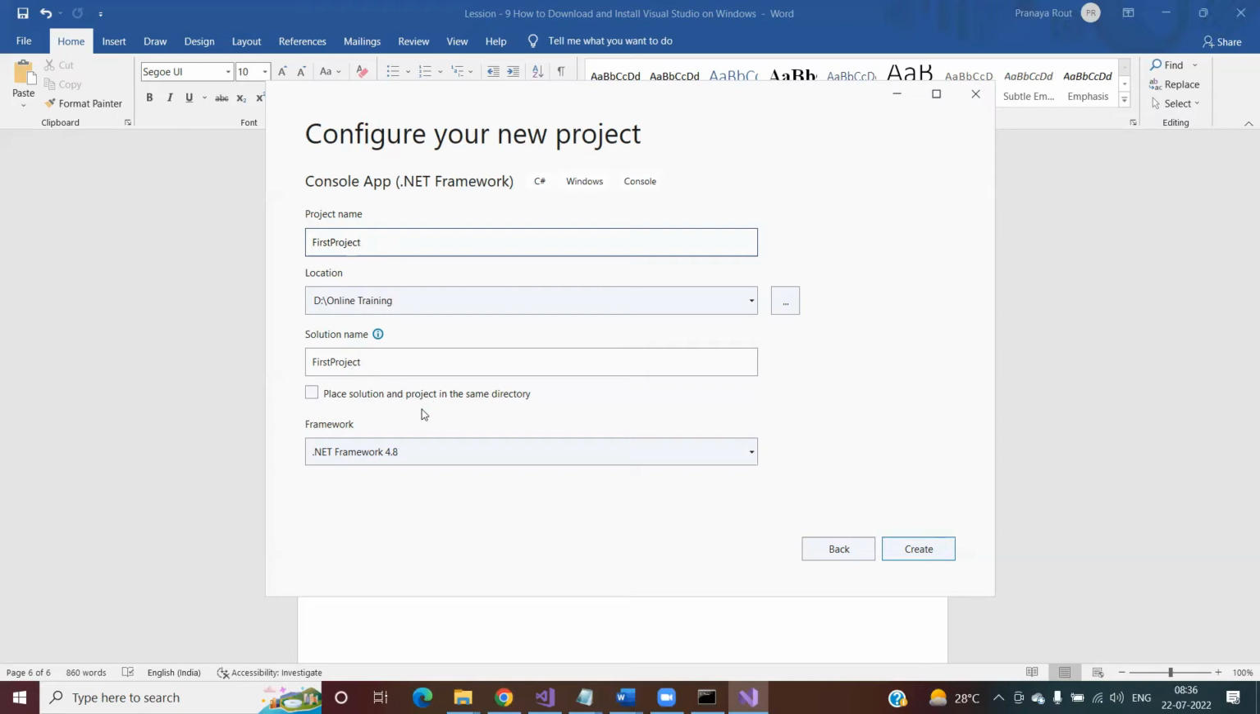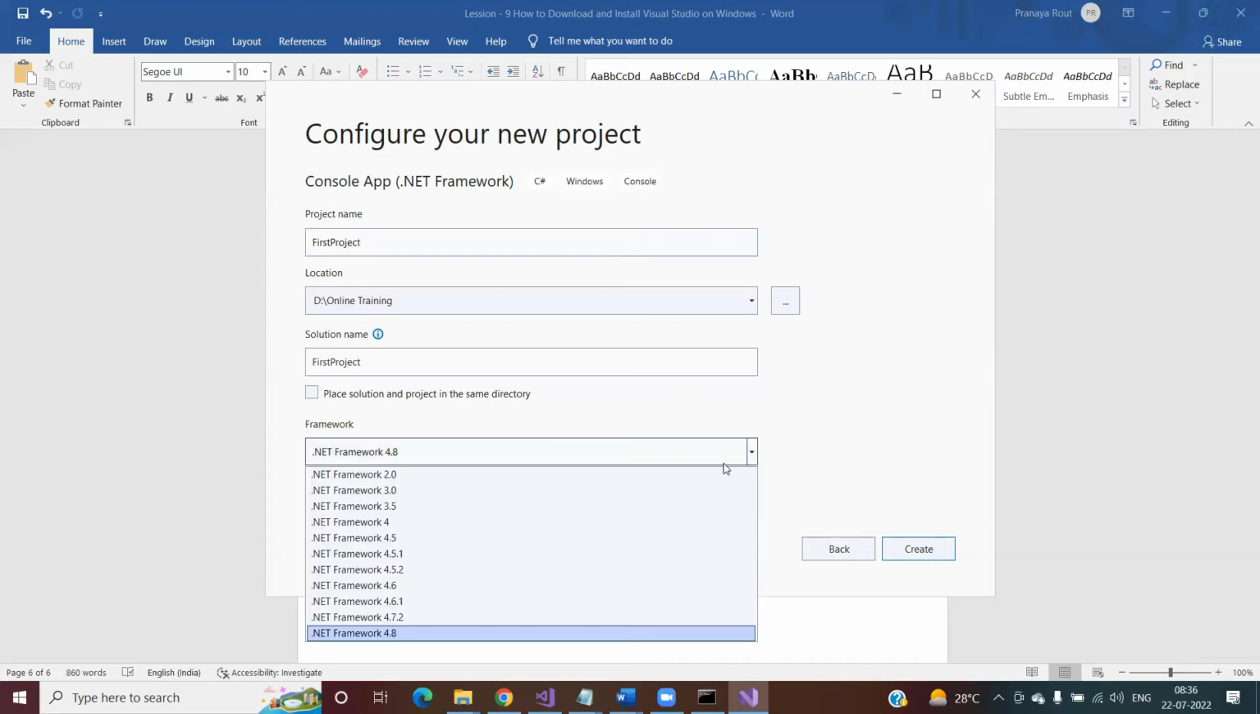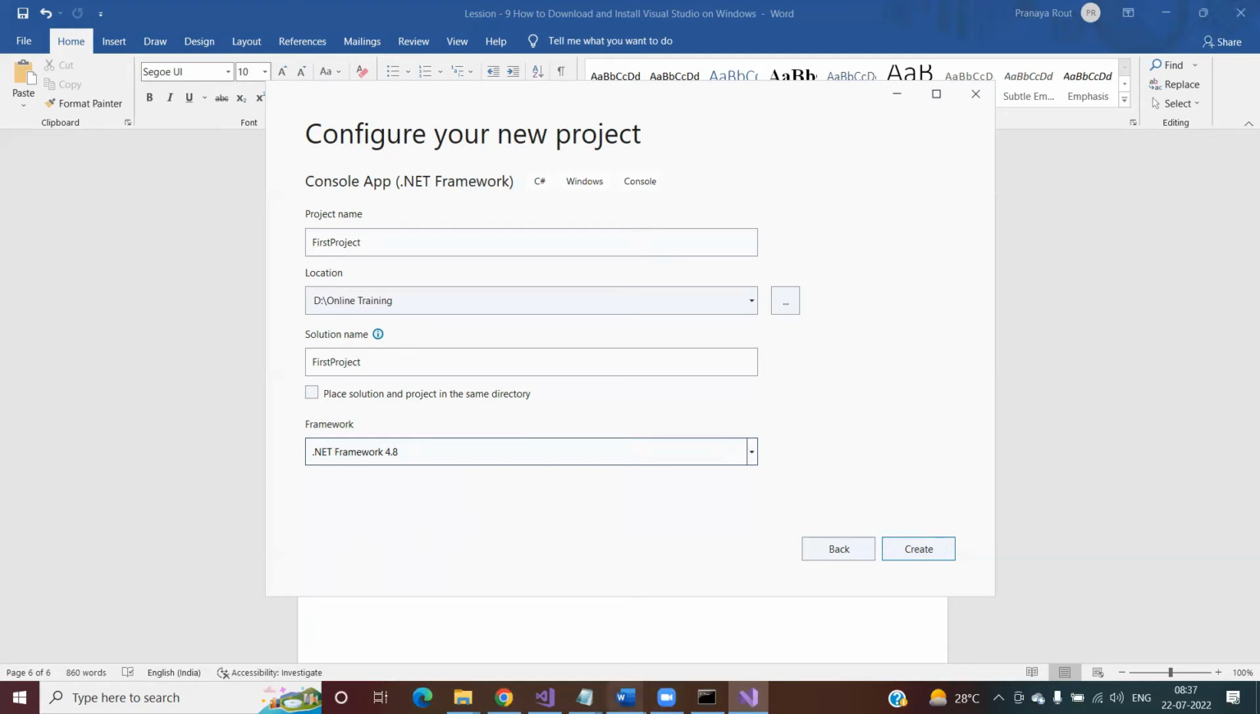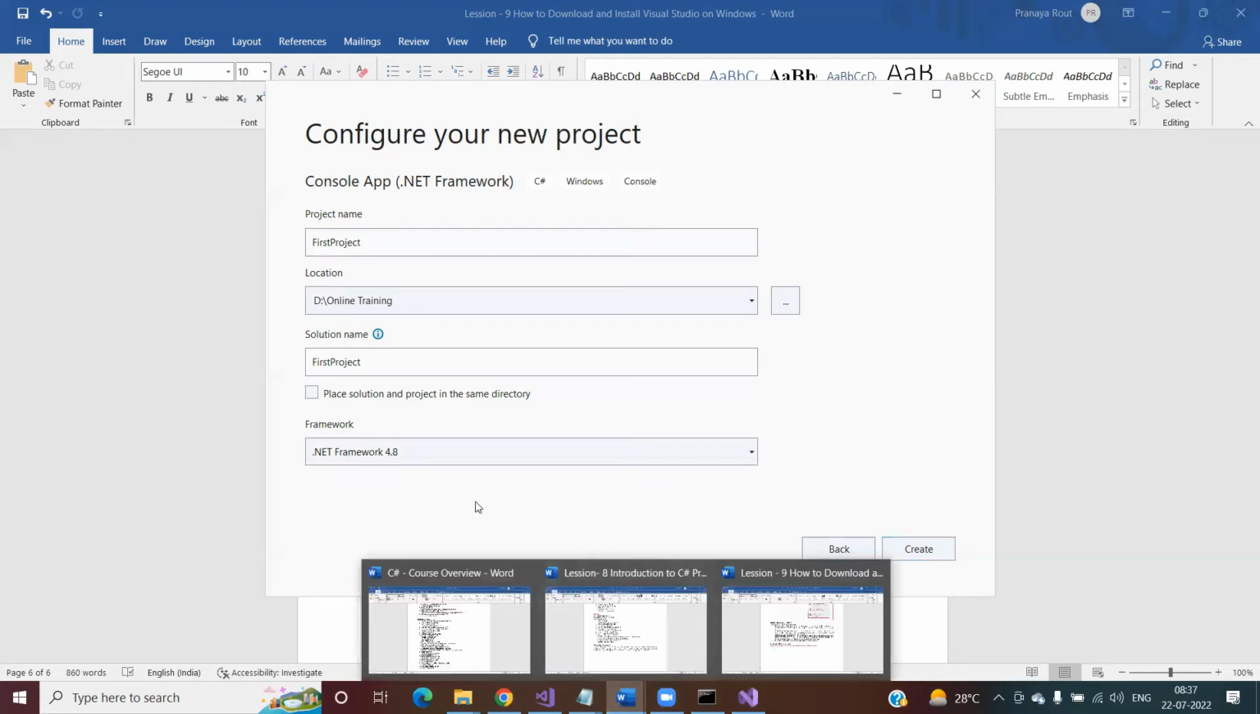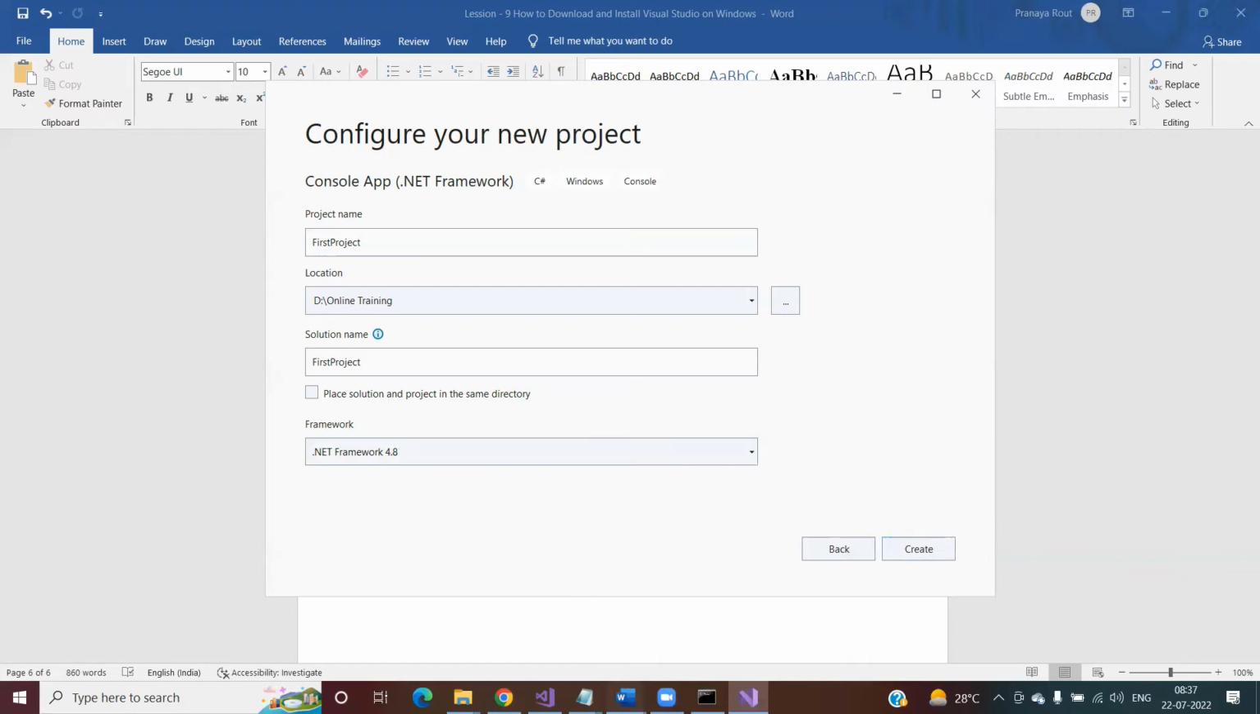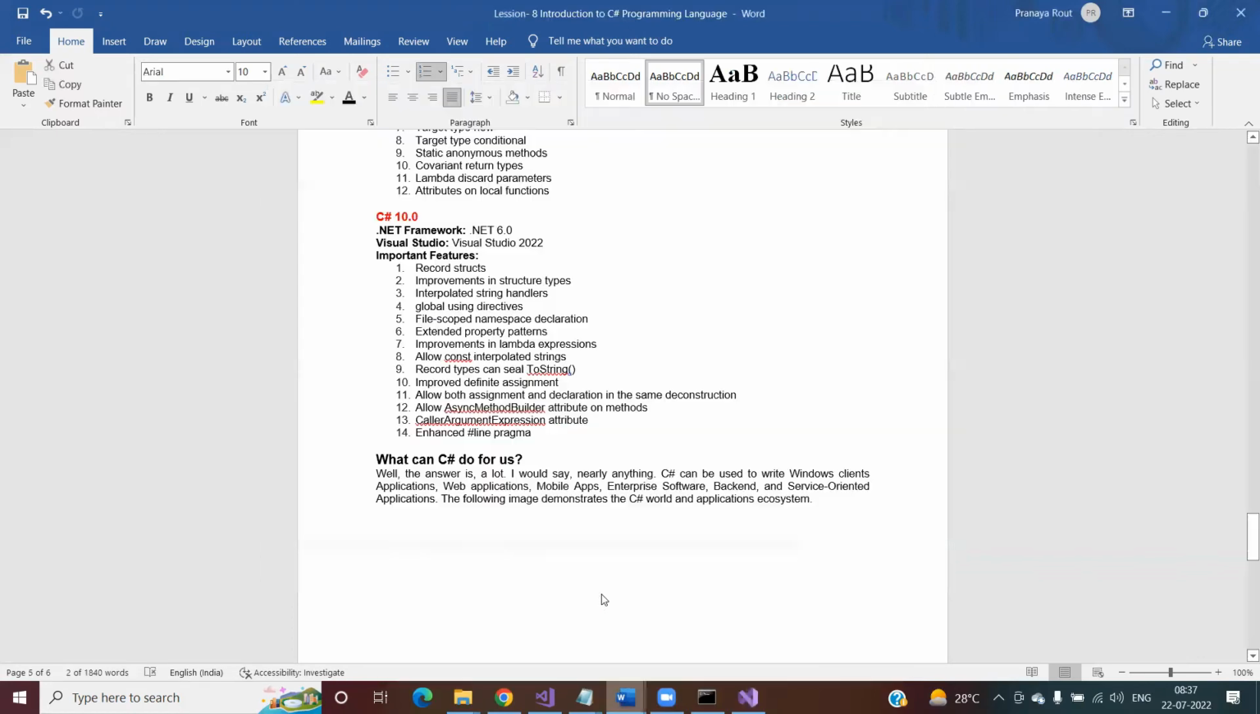And then you can see here it is saying place solution and project in the same directory. If you want, you can place both in the same directory. If you don't want to, then don't check it, right? Then .NET Framework, you can see the latest framework is 4.8. I'm selecting this, guys. While developing the application, if you don't find this 4.8, then what you can do is